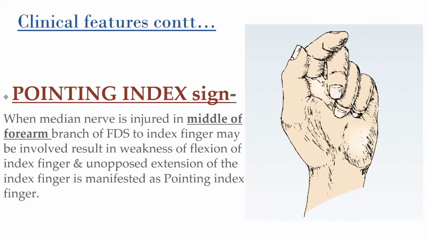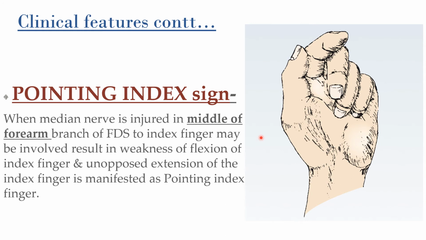The next characteristic presentation of the patient with median nerve injury in the middle of the arm is called pointing index. As we can see, the index finger is pointing in this case. Now, when does this occur? Whenever the median nerve is injured in the middle of the forearm. In this case, the branch of the median nerve which supplies the fibers of flexor digitorum superficialis which enter into the index finger